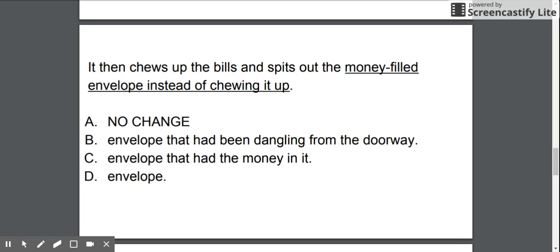It then chews up the bills and spits out the money-filled envelope instead of chewing it up. That sounds a little bit strange to me. And the reason why it sounds a little bit strange to me is because it's a bit wordy. The way I'm talking through that end piece of the sentence just doesn't quite make sense because there's a lot